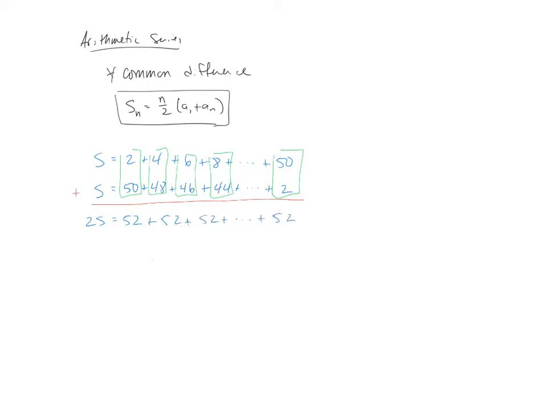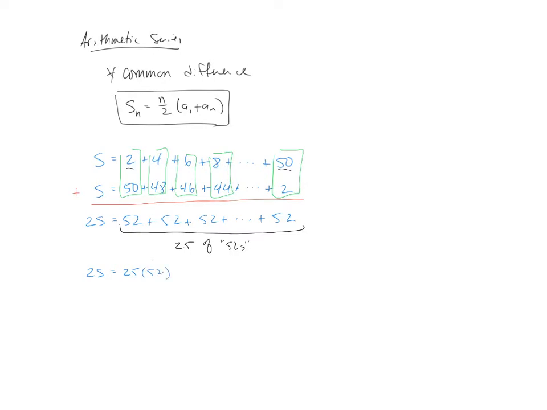And how many is a bunch? Well, in this particular case, we're going to have 25 of them added together. So there are 25 of these 52s. And I know that because we started at 2, we go to 50, we're counting by 2, so I know that there's 25 numbers in this series. So another way of writing that is 2 times s equals 25 times 52,